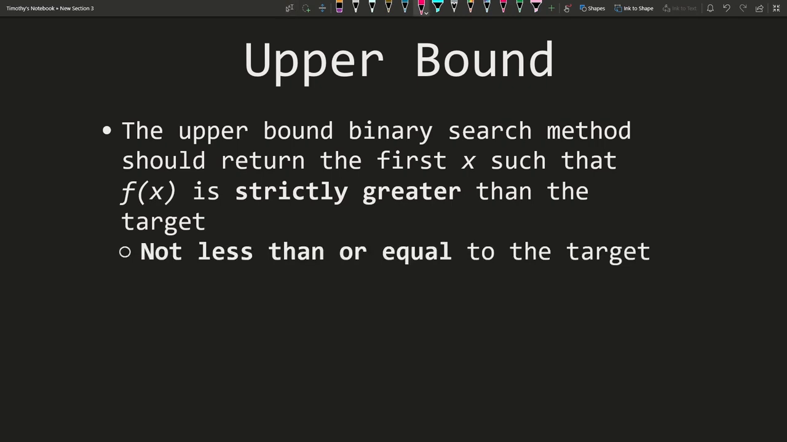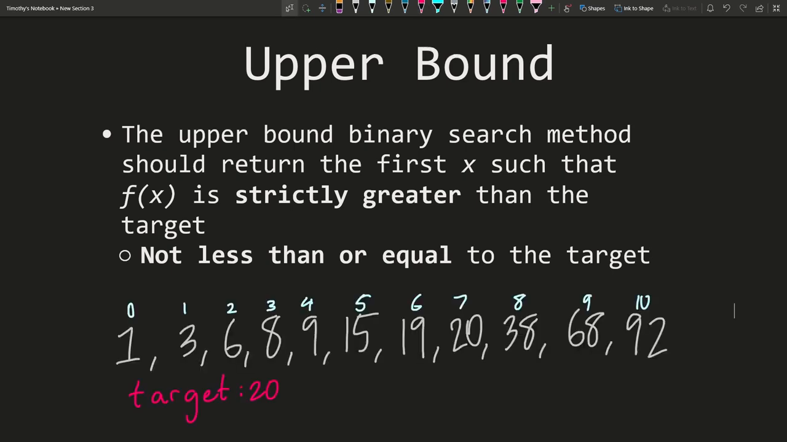So this is not less than or equal to the target. So essentially what that means is it's the first number greater than our target. So if we look at this list here, if we essentially have these numbers 1, 3, 6, 8, 9, 15, 19, 20, 38, 68, 92, and we perform the upper bound,